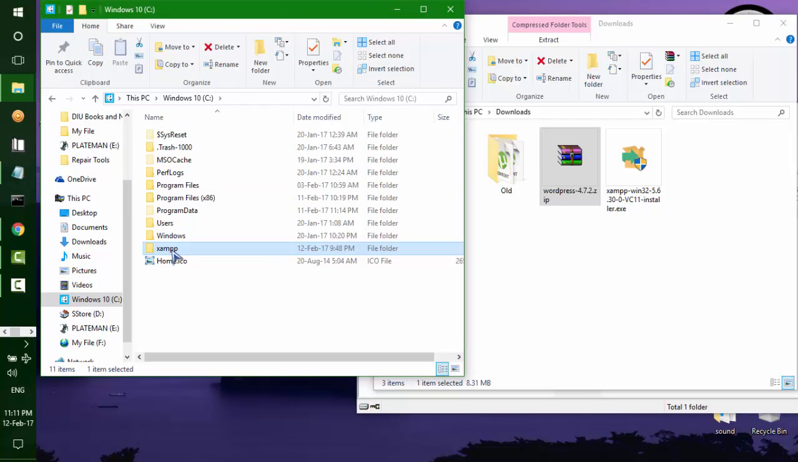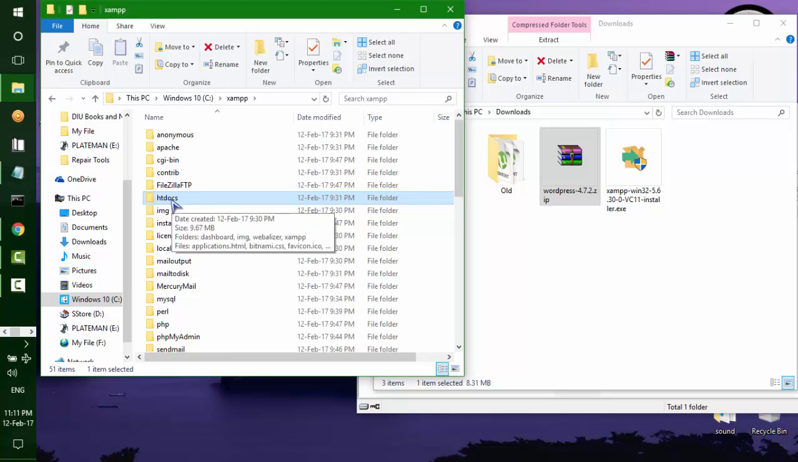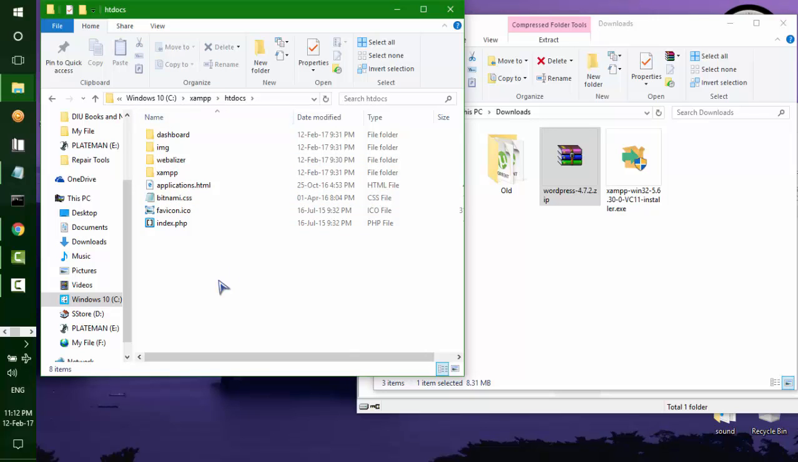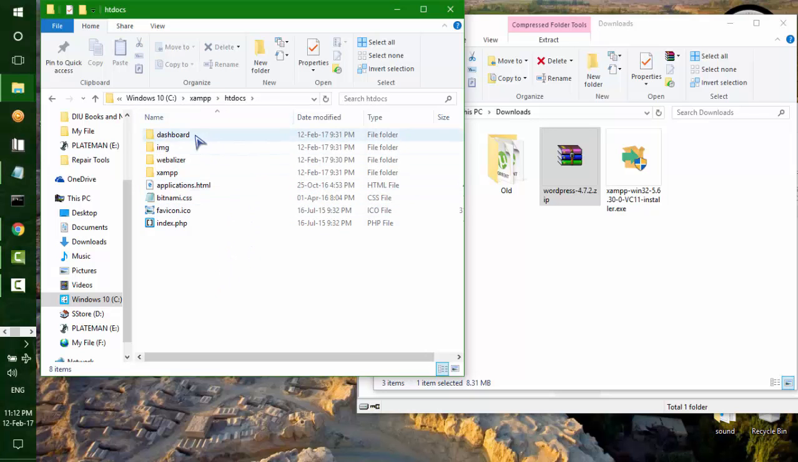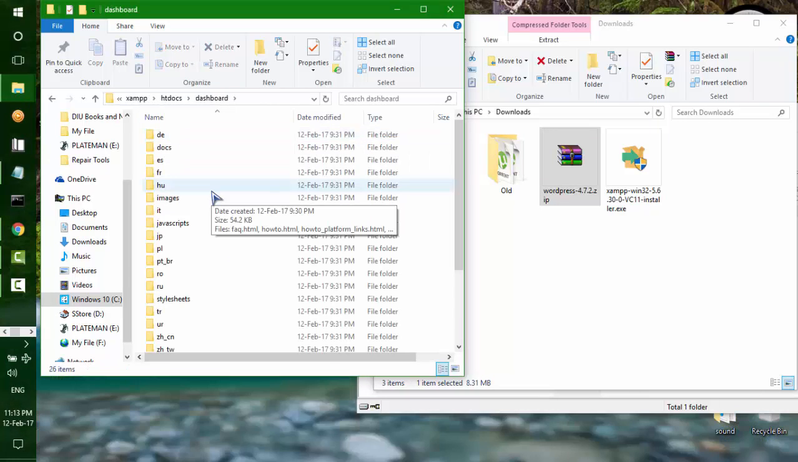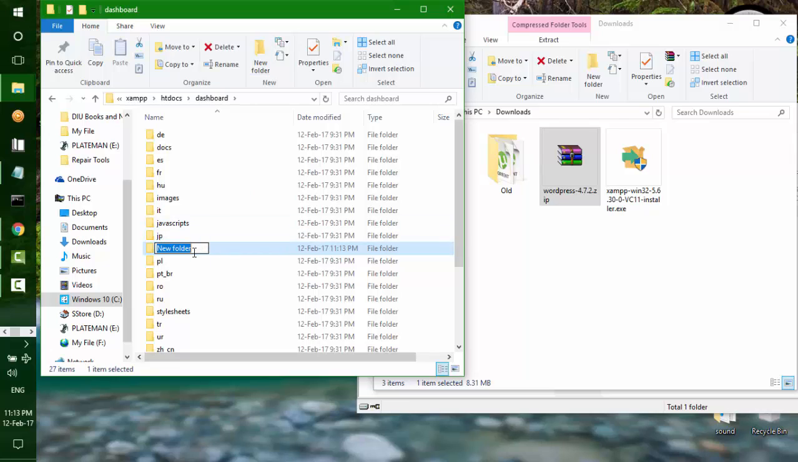XAMPP folder, and then htdocs. This is our local server folder, htdocs. In this folder we can see our dashboard, so we'll click dashboard and open it. Here we can see a lot of folders. Okay, so we'll create a new folder and give it a name, any name we want, like